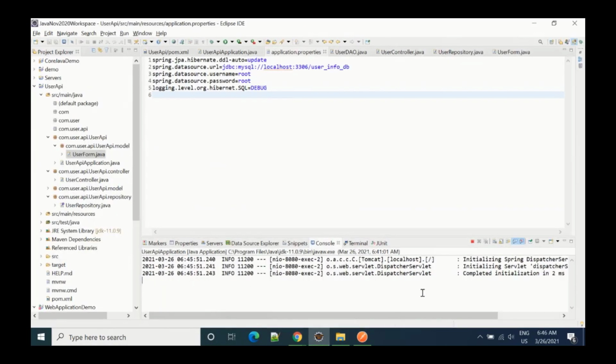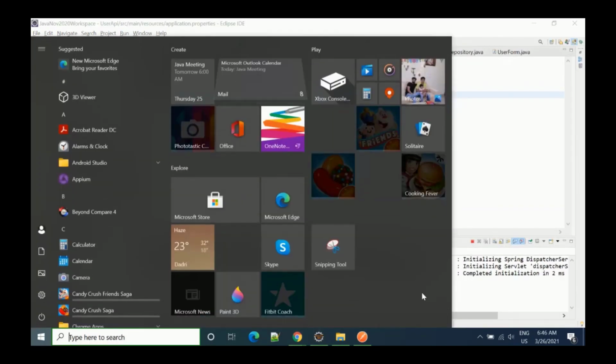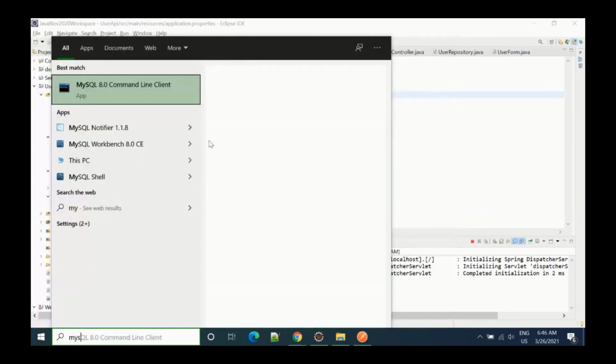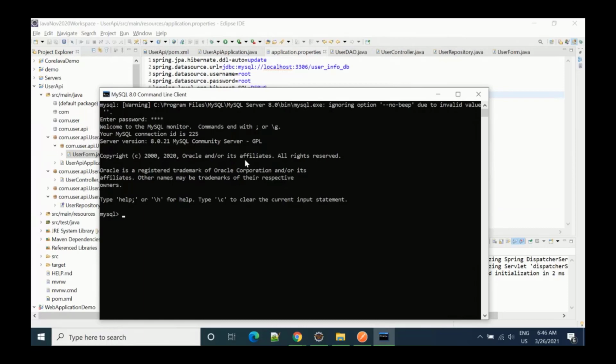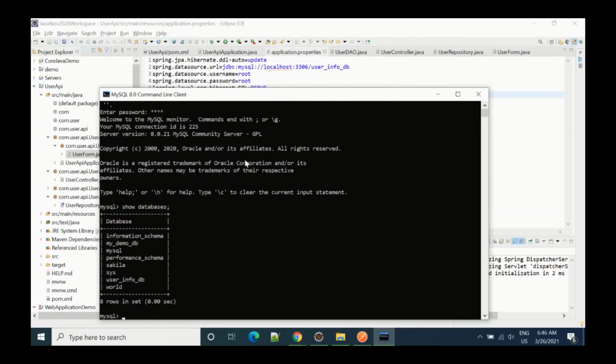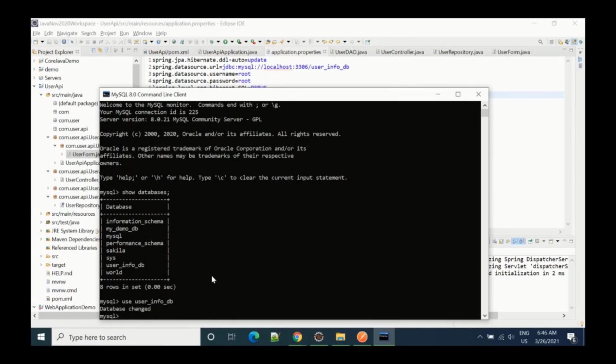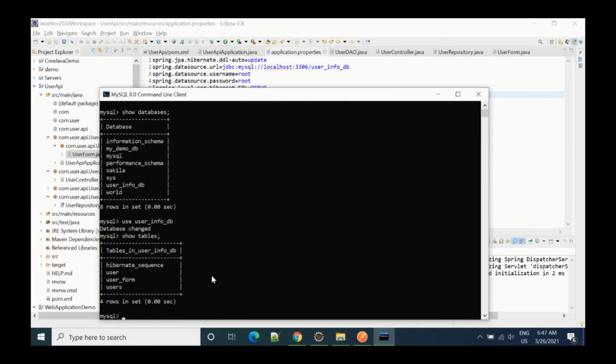So now let's go here and open the MySQL command line. Let's log in and then show databases. We have user info DB. So now we can say use user info and then show tables.